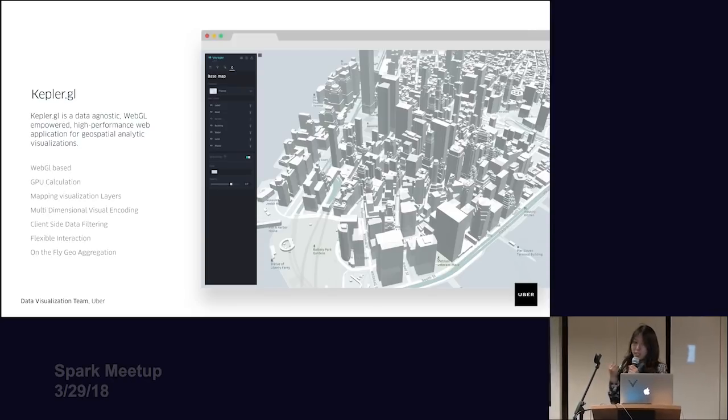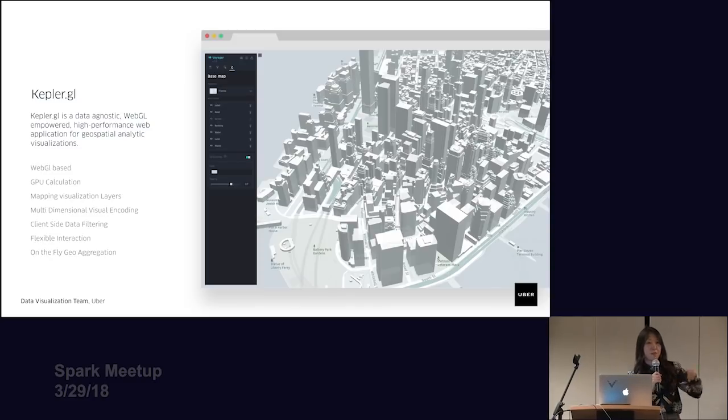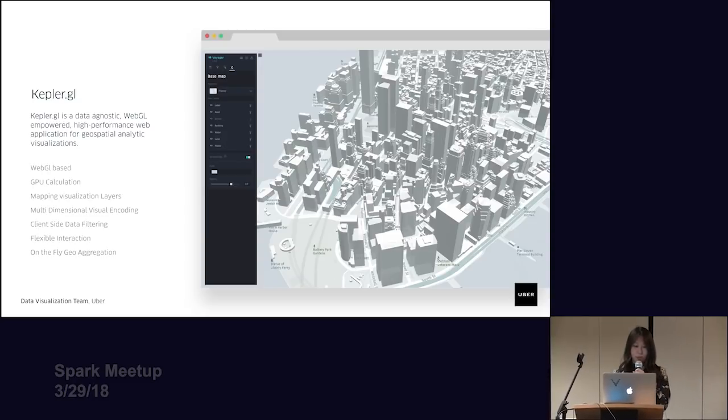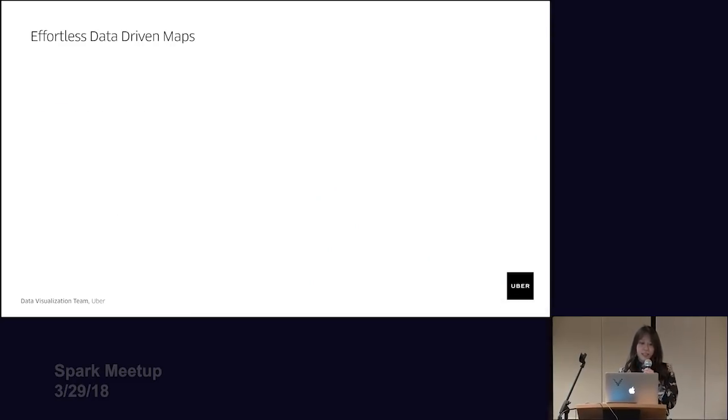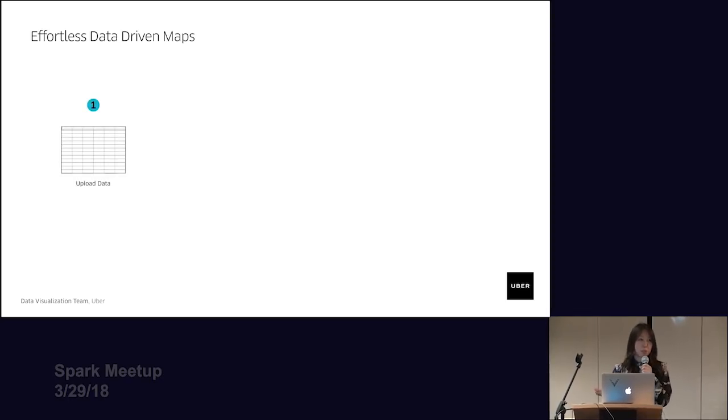And then it's WebGL based, because anything big data on the browser needs WebGL and GPU. You also have all the preset map visualizations, so you don't have to write your own. And it actually does client-side, on-the-fly geo-aggregations, like heat maps, hex binning, grids, things like that. So the idea is to make data-driven maps effortless, and anyone can have fun and play with geospatial data and